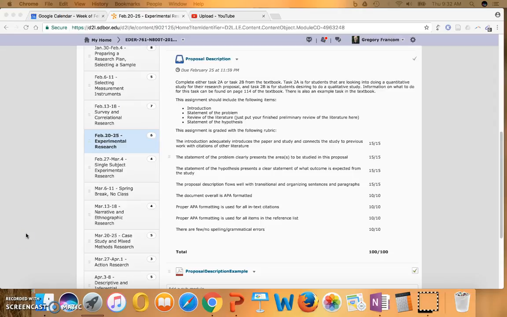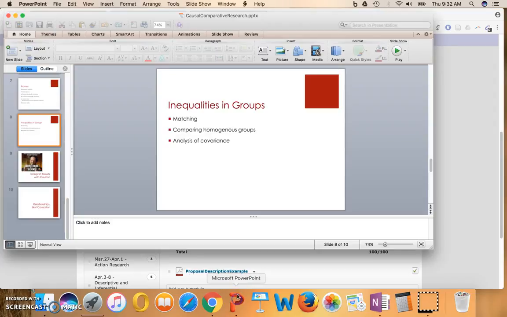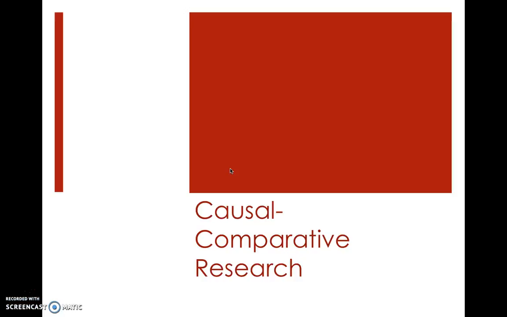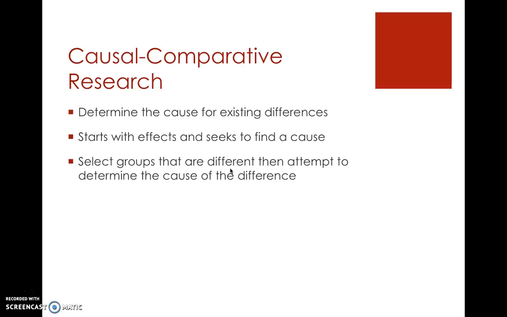And so those are the activities for this week. I want to give just a quick little primer on some of the different types of research you're learning about this week. The first one is causal comparative research, and basically this is research that determines the cause for